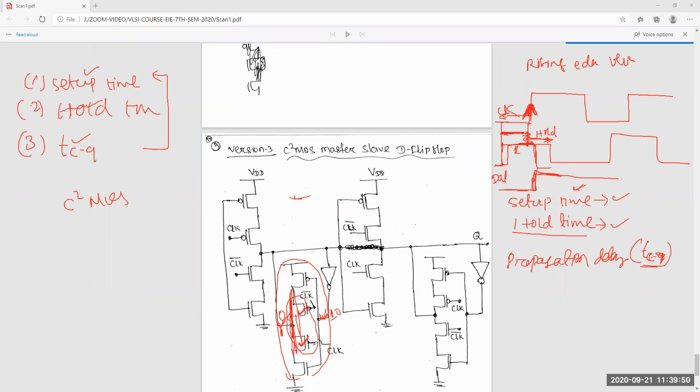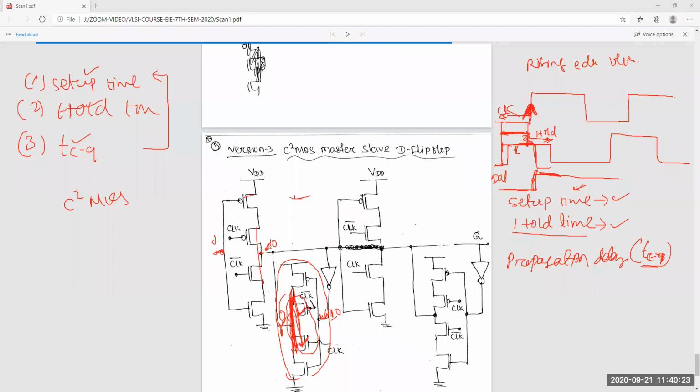Clock equal to 1 means short circuit, so it will be an inverter. Anytime it's an inverter, because whatever is here, the opposite will come. It's a tri-state inverter.